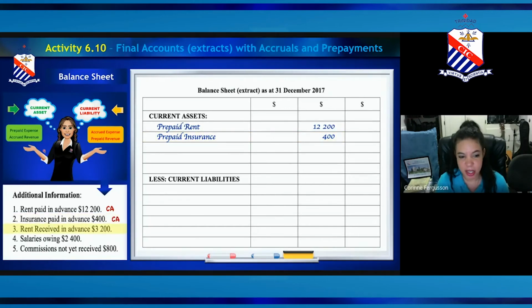Next one, rent received in advance. Once again, it's a prepayment, but it is not a prepaid expense. It's a prepaid revenue, also known as unearned revenue. So what is a prepaid revenue? It is a current liability. So you just go under current liabilities, you put the prepaid rent received or prepaid rent revenue, whichever one, and